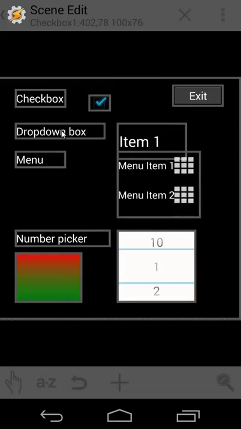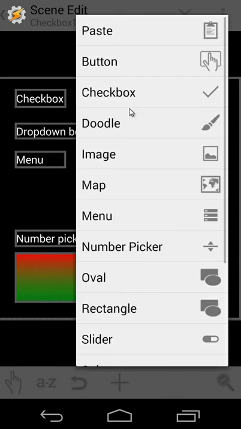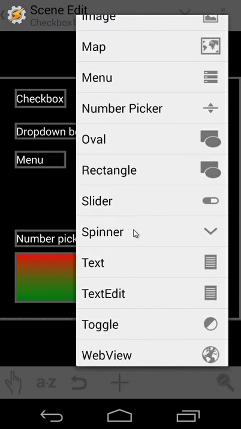Okay, then the second thing is the drop down box. For creating a drop down box, it's also quite easy. Plus and click on spinner. That's a drop down box. Okay, when I open my